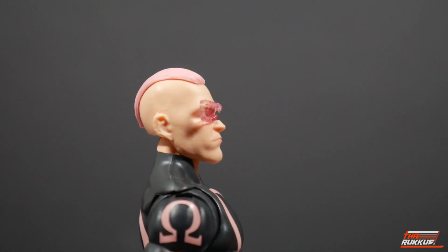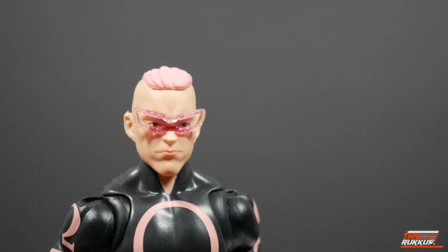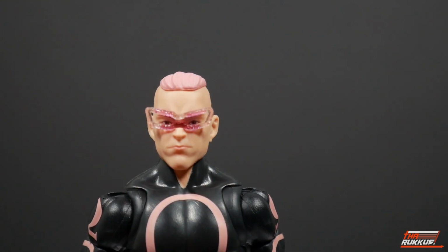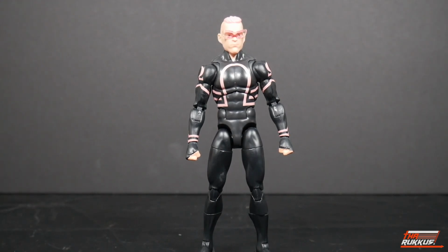Try to get the full profile. There you go. And like I said, with the hair, there's no wash to it. It's just that pinkish, I called it magenta. It might be mauve, who knows. And it still looks pretty nice. Taking a look at the figure as a whole,